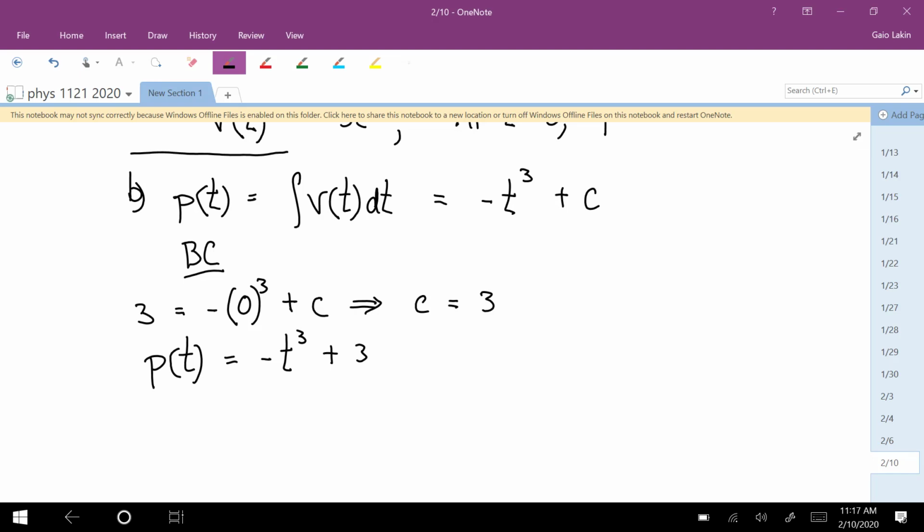And then for figuring out whether it's speeding up or slowing down, what 1 or 2 people did is plotted out the position versus time graph and thought about the slope and the concavity. That's an okay way to do it. You can also just plug in values for velocity and acceleration and see if it's always the same sign, or always opposite signs. In this case, they always had the same sign. They were negative for all positive times. And so that tells you that it's speeding up.